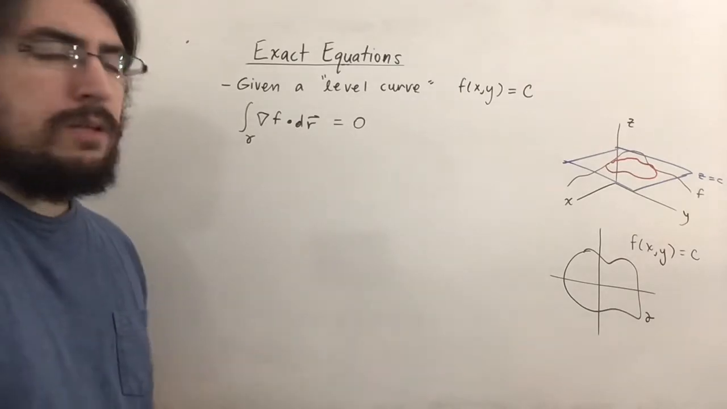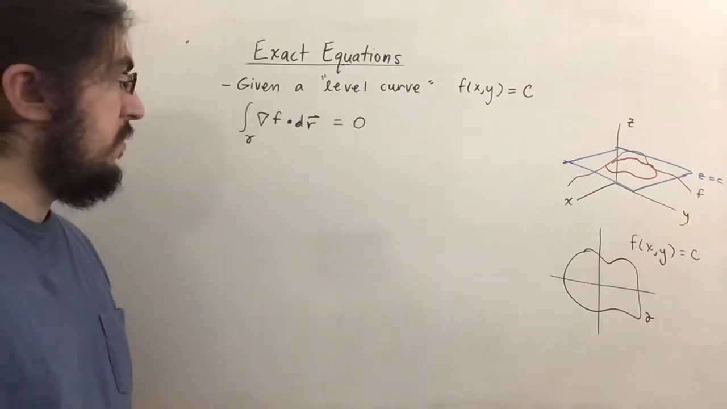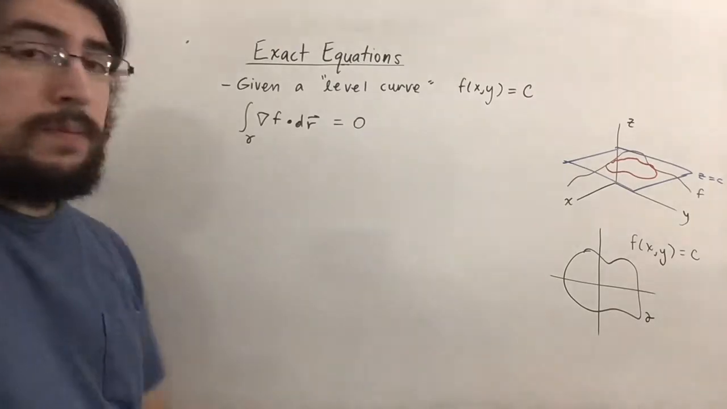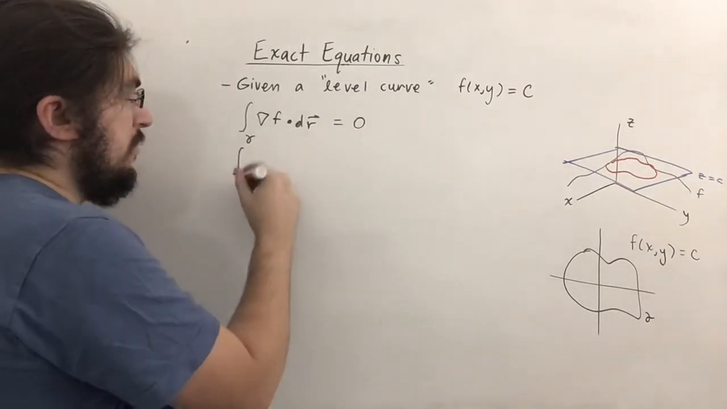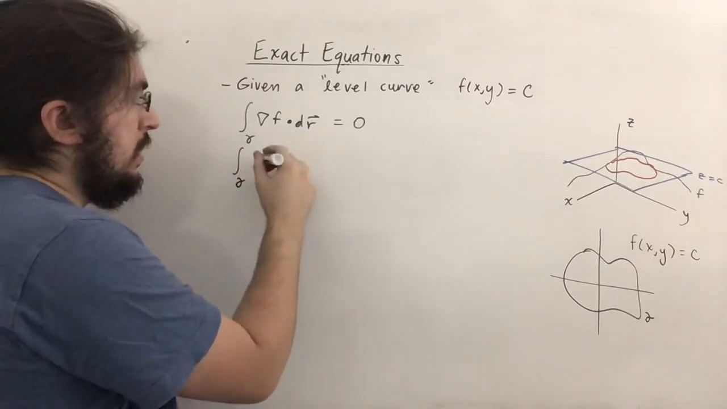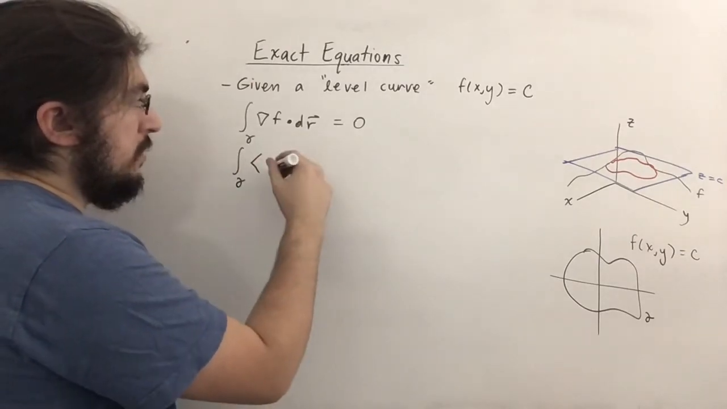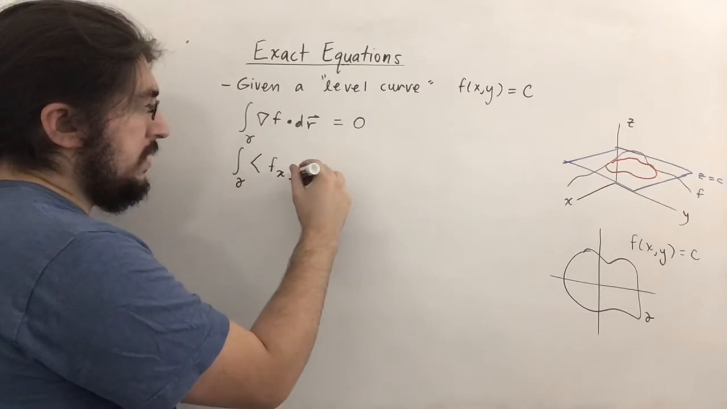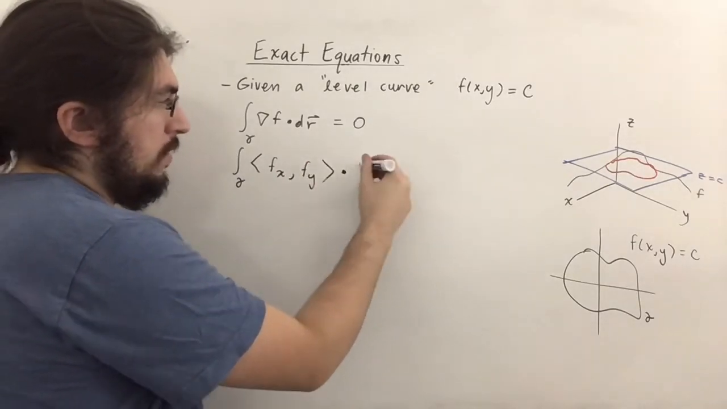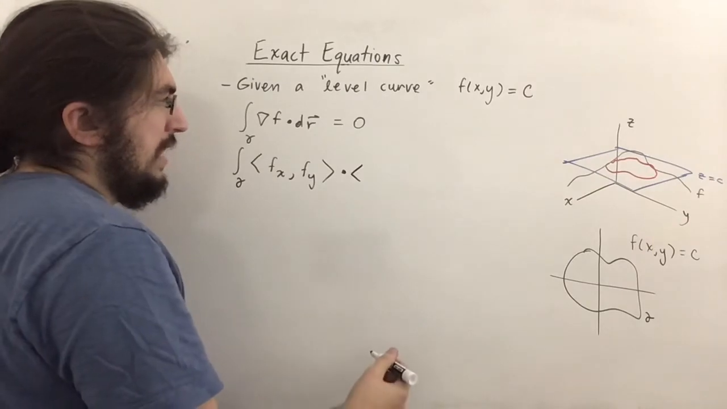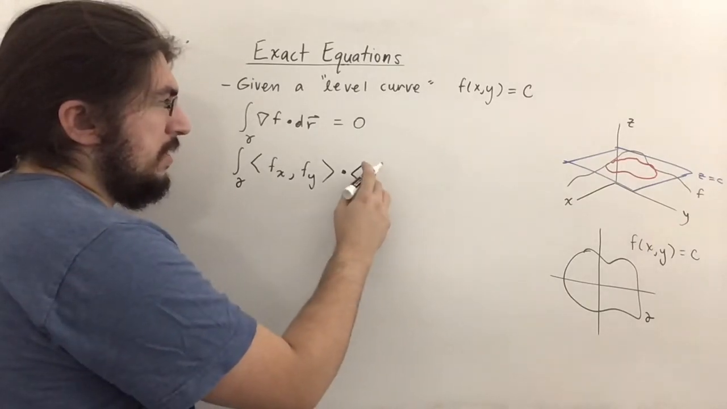So it's a little detailed, but I actually have a video on that if you want to look at it. That's the fundamental theorem of line integrals, if you're curious. But now look, if we expand out what this is, the gradient is the vector whose components are f sub x, f sub y, and dr is just, well, I guess you could think of that as the vector whose components are